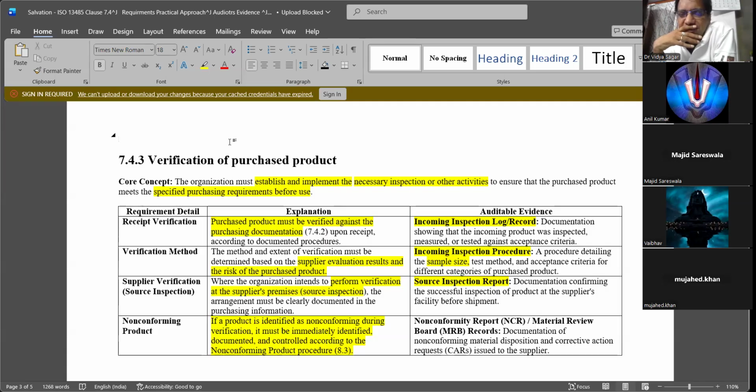Yeah, I know that recall is the best option. If it is used, then there are no other options. In many cases of this kind, a problem like this happens and we can't do anything. No, if it is used and there is a complaint, will you link that complaint to the raw material? Not at this stage, but after doing root cause analysis, we can find if it is in a raw material, then we can do these things.